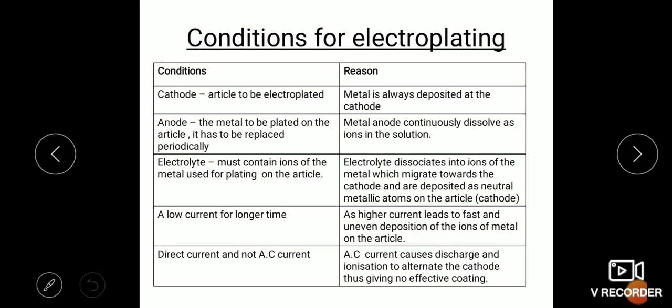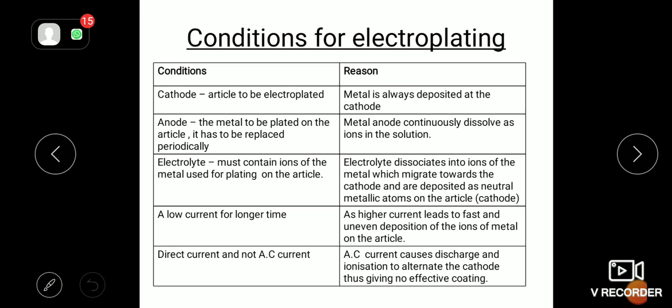In metallurgy also we will be doing the extraction of aluminium, where we will understand why we are replacing the graphite electrode, which is an inert electrode, from time to time. Please remember that question. That question is really important. In electrolysis of aluminium, why do we replace anode from time to time?